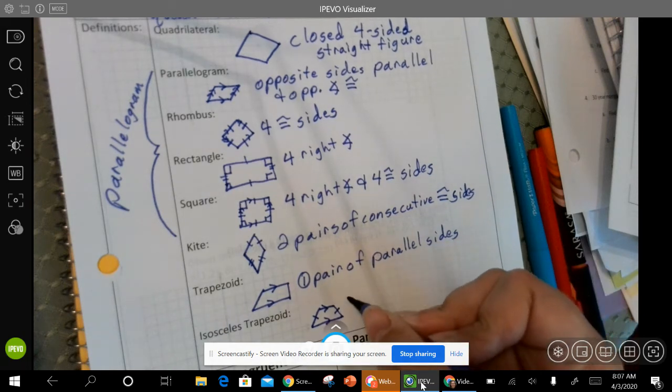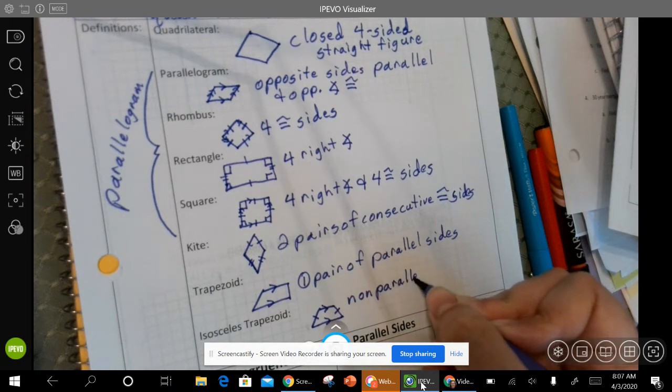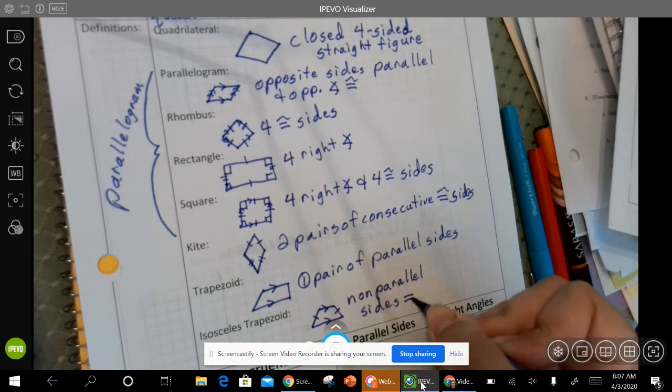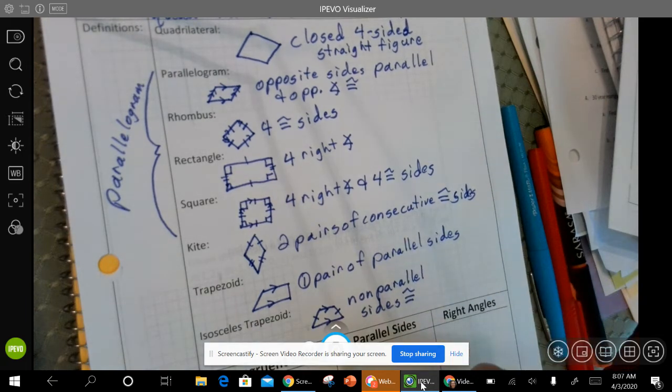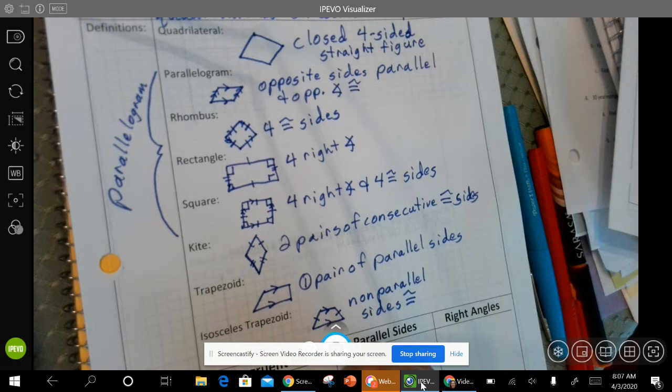And all of these shapes are quadrilaterals because they all have 4